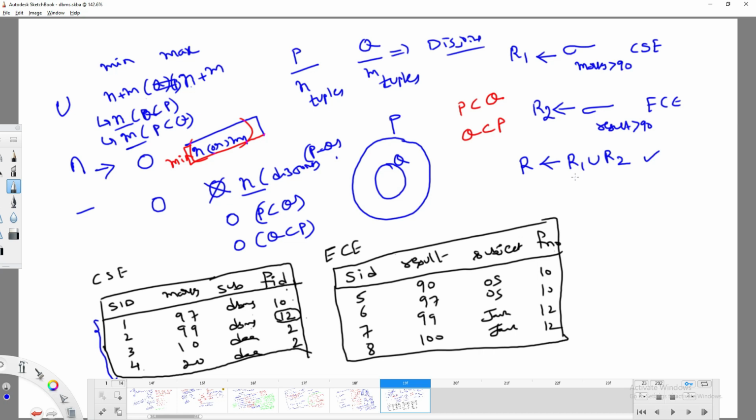On this relation R you have all the data: serial ID, marks, subject and faculty ID. But I don't want all this. I want to find only the faculty who taught that subject. Then what can you do? Can I do project? Very good. Project of faculty ID from the relation R.